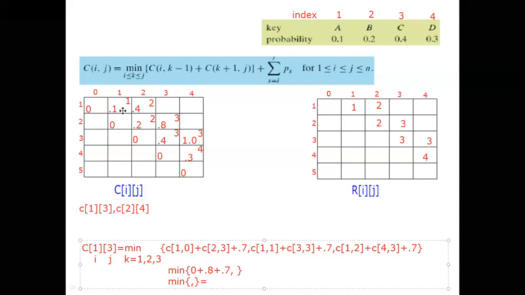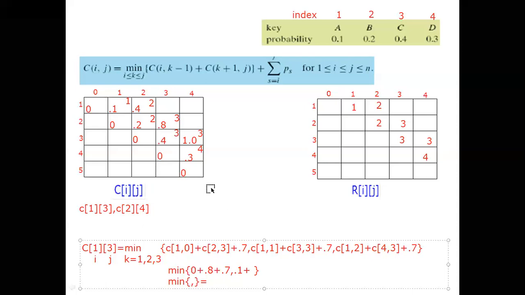What is the normal mistake students will make here? I will point it out. You want to calculate C of 1, 1. Maybe here you can see the 1, 1 value we have. While solving, maybe some other value they will get, like 2, 0. That value is not there, then they get totally confused. What is the problem? Your formula is the problem. That is why you are not getting the value properly. That's why I told you, filling these tables you have to think very properly and fill it. Otherwise it will cause problems. These are the problems the students are facing. C of 1, 1, the value is 0.1. I will write 0.1.